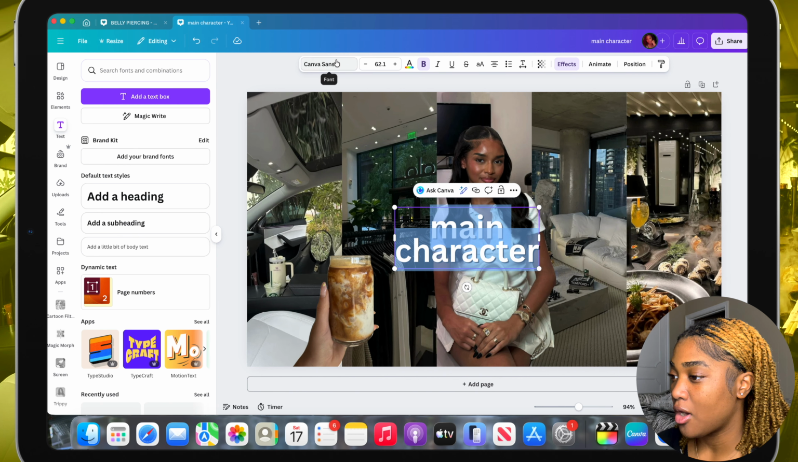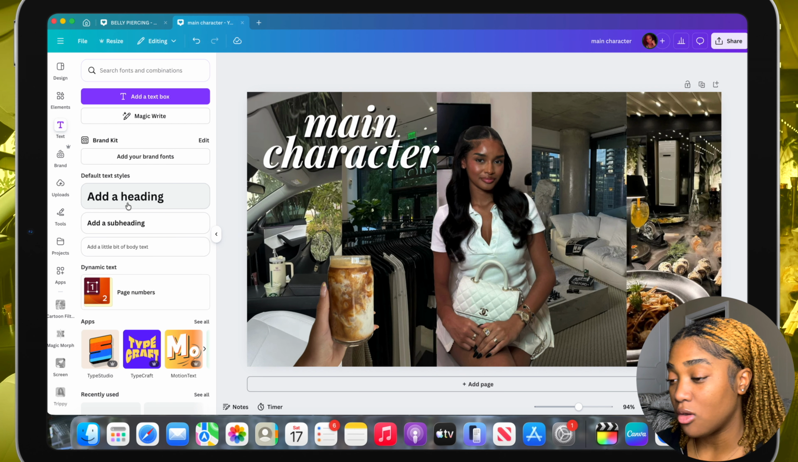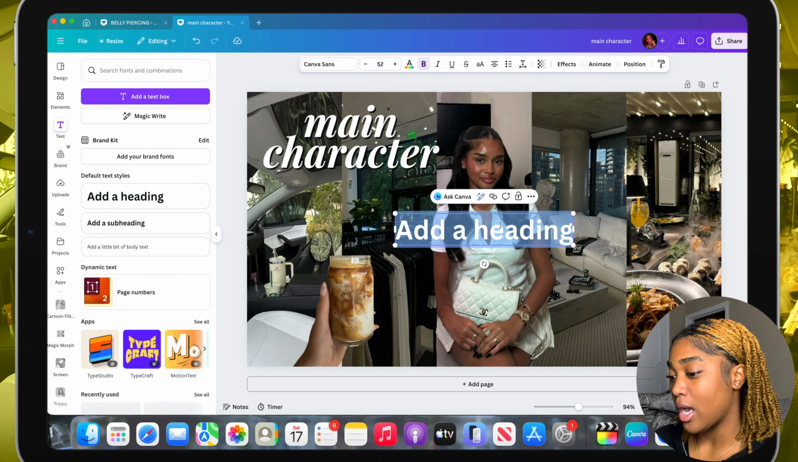We're going to add the second part, which is "with expensive taste" in a different font. So again, we're still on text. Click add a heading, and it's already white, so the only thing I'm going to do in all caps is type in "with expensive taste." The font that we're going to be using for this one is called Moonshine. Once I do that, I'm just going to add it over here, and then I'm going to enlarge it,